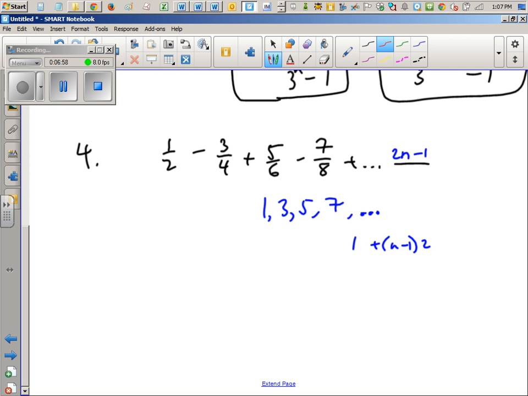The bottom is 2, 4, 6, 8, who do we appreciate? Which is first term plus n minus 1 times 2, if you're using like a little arithmetic formula. In other words, it's just 2n, which is obvious in retrospect. But that's your nth term right there. We circle it. And the next term would be,